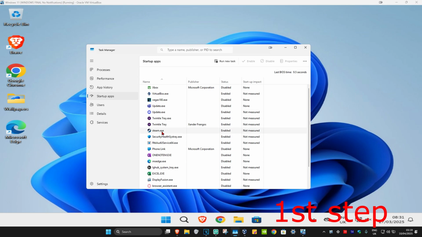So for example, for me, Steam will automatically start when my computer turns on. And I know it does that because under status, next to Steam, it says enabled. And I don't want this, so I'm going to disable it. So I'm going to click on disable, which will now make the status disabled. You want to repeat this for all the applications that you do not want to start automatically when your computer